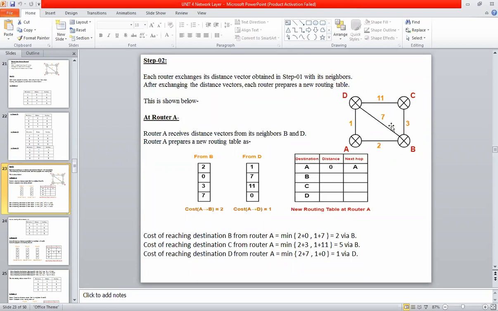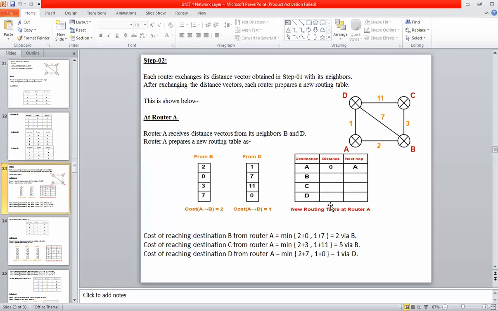Okay. So D to B is 7. The weight mentioned is 7, and B to A the weight is 2. You have to add these two weights, that is 7 plus 2, that becomes 9. And from D to A, the weight is 1, that is 1 plus 0. Which one is the minimum weight? Comparing, 2 plus 7 is 9, 1 plus 0 is 1. The 1 is the minimum weight. So this one is the shortest path. So the distance it is going to take is very less, so packets can reach a particular destination at the earliest.